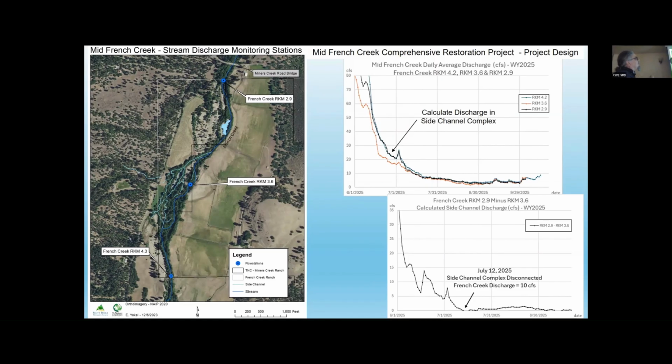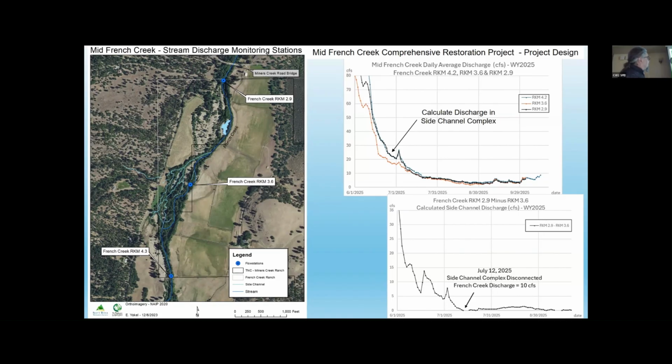So we've been working on a relatively large reach scale with the TNC project on Mid-French Creek, and there are 3 continuous discharge stations that were established there: one at the top of the reach at the bottom of the map, one at the bottom of the reach at the top of the map, and one in the middle of the reach. What we have here is a complex side channel